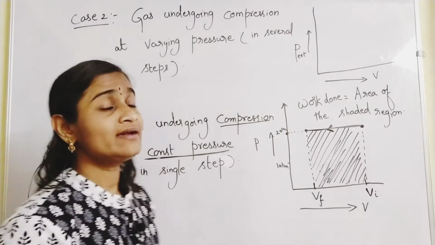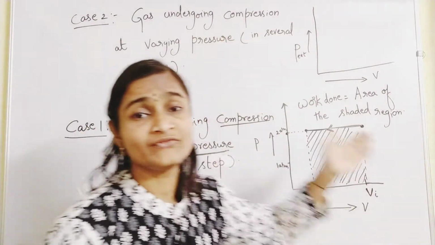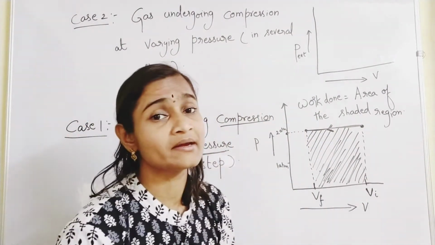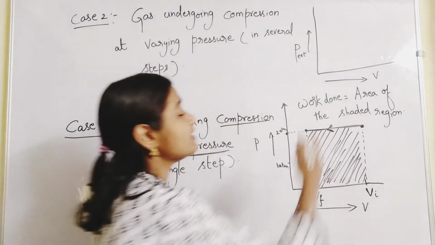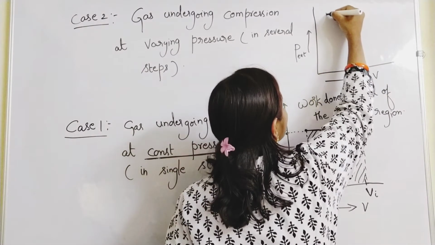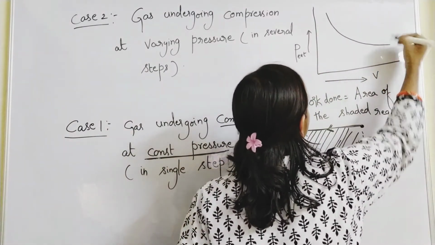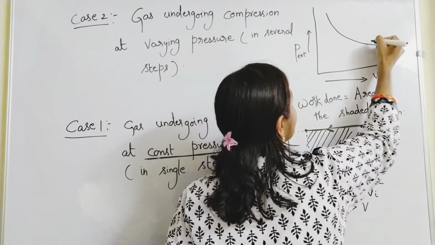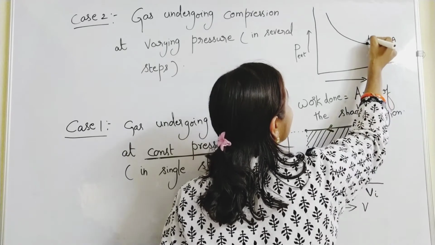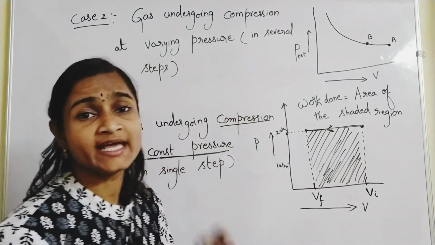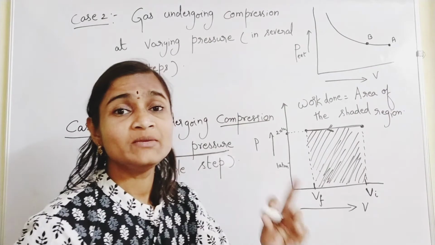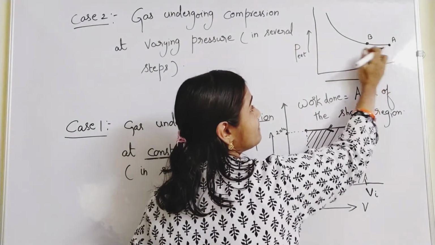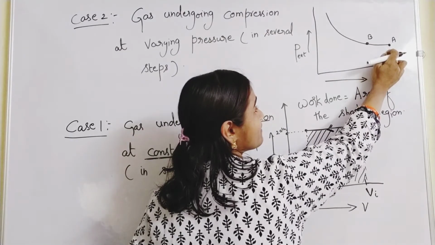Here you will get the curve as I have discussed in case of Boyle's law. Pressure is varying here. Okay, if pressure is varying, that means what? You will be getting a descending curve like this. Suppose you take initially points A and B, compression takes place first in between the points A and B. Look at these points A and B. Compression took place first in this area.